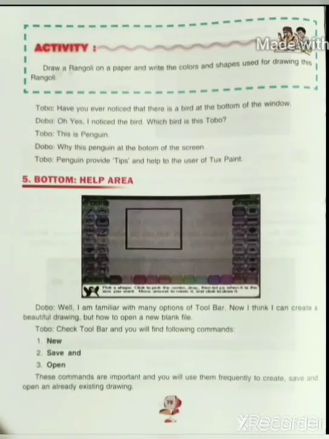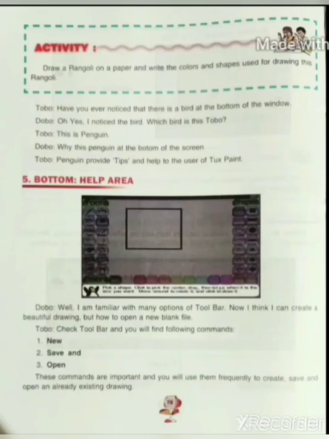Now on page number 78, again there is an activity. Draw a rangoli on a paper and write the colors and shapes used for drawing this rangoli. So what you are going to do is take a paper and draw a rangoli of your own choice, taking your own shapes. Draw the pattern of rangoli and write the colors and shapes used for drawing it.